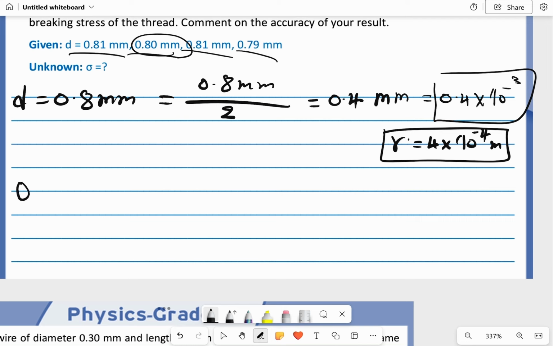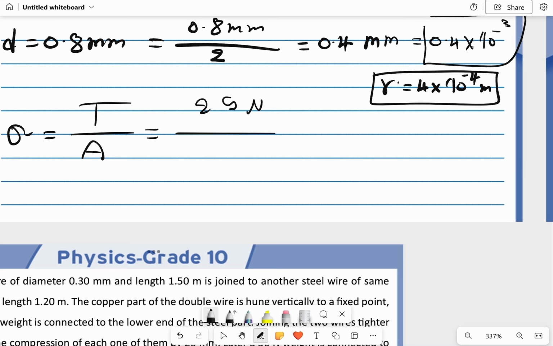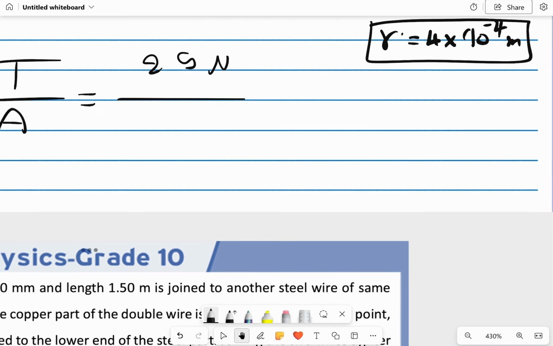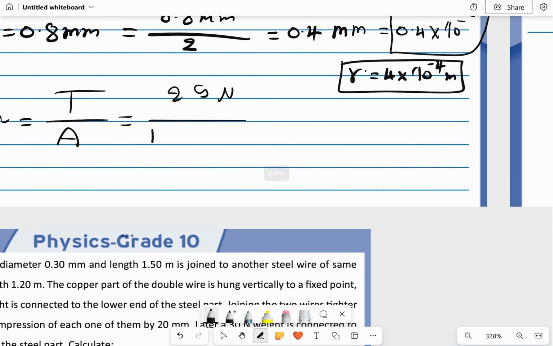So stress is equal to what? Stress is equal to tension divided by area. Then you have tension, which is equal to 25 Newton, divided by area. Area is equal to what, guys? It is equal to pi r squared. So you have pi, or you can say 3.14, times